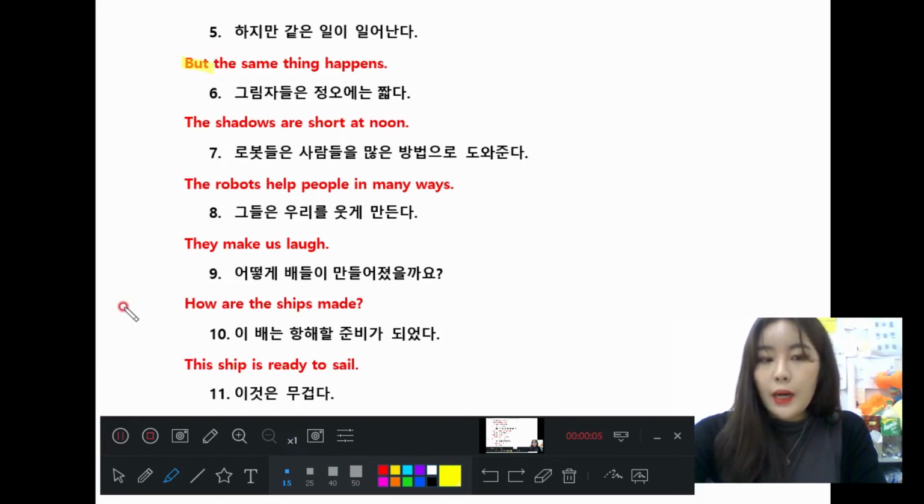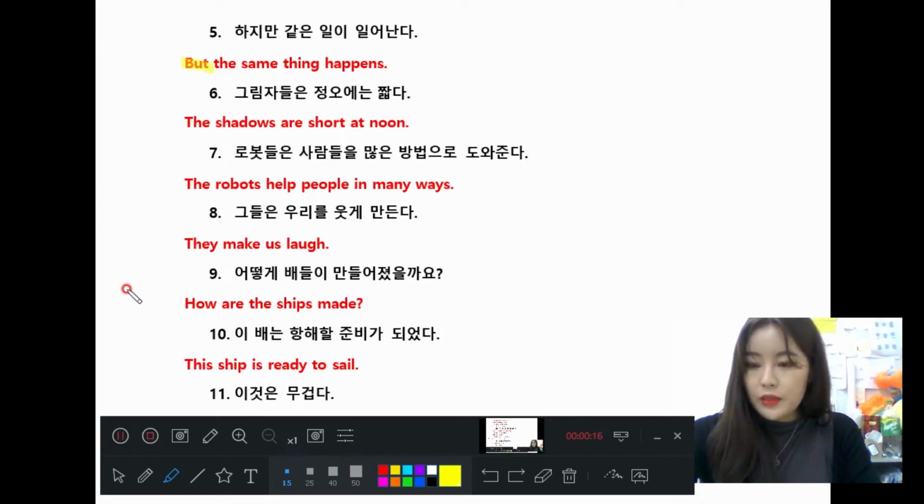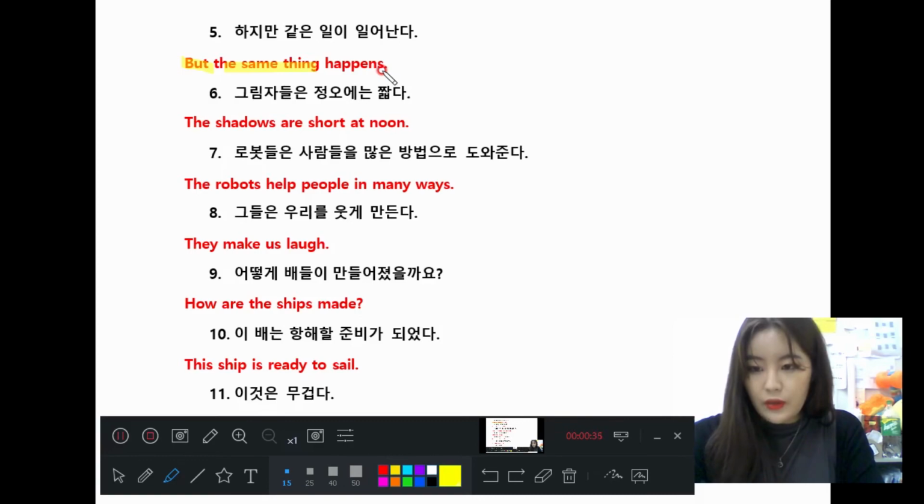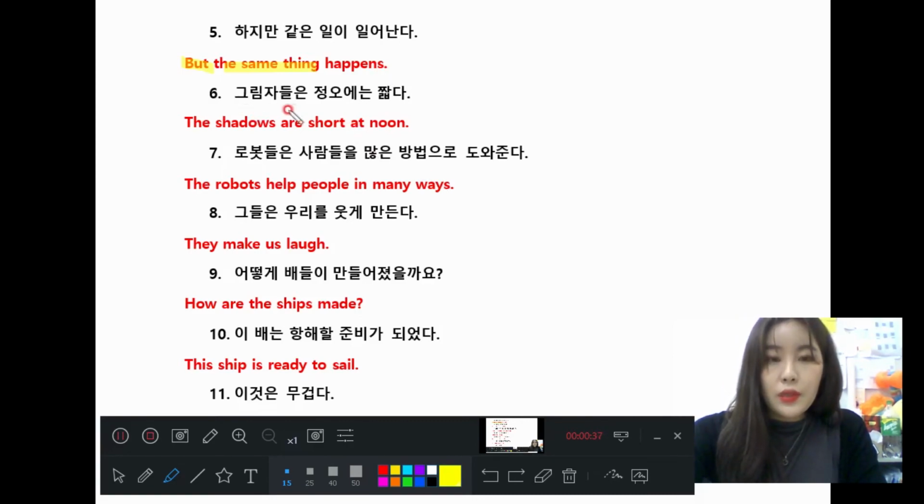Alright? This part could be very difficult for you guys because you have to translate them into English from Korean, not from English to Korean, or rearranging them. So I know this is a little tricky part, but I really hope that you guys did well on this, okay? So, but the same thing happens. The same thing is singular, so we're gonna put the S after the verb, alright? And next one, 그림자들은 정오에는 짧다. So the shadow comes first. 그림자들은